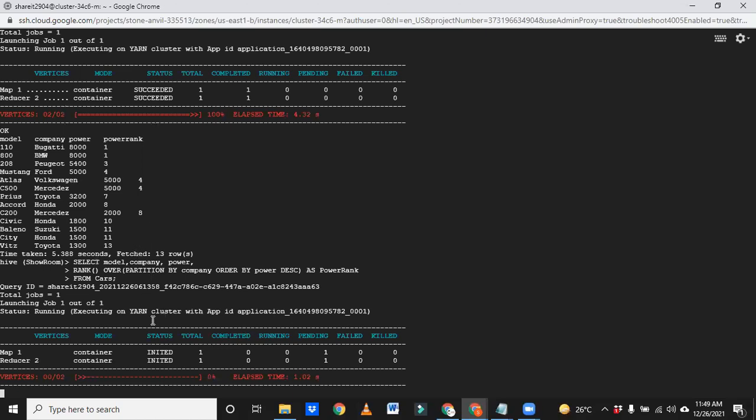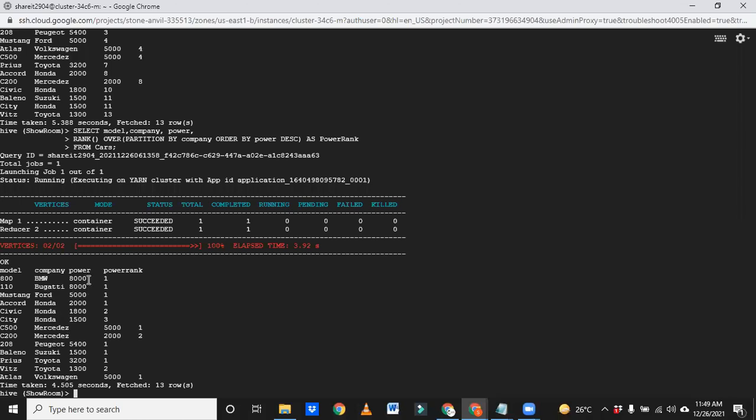Okay, now see here. It has given 1, and then a reset. It's given 1, and when we get the other company, again it has given 1. And if you see the same company, then it's given 2, 3. So it is partition by company. BMW we saw only 1, so it is given 1. Bugatti is also 1. So these are only 1 values, right?